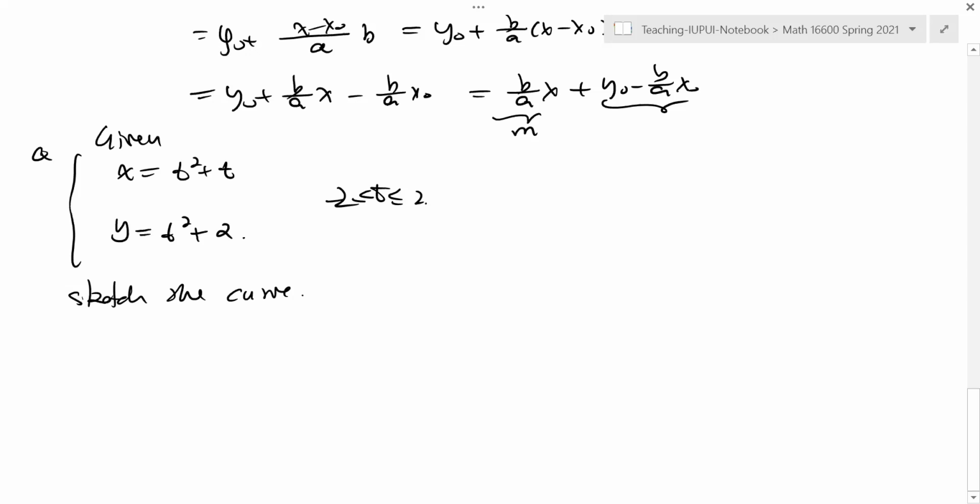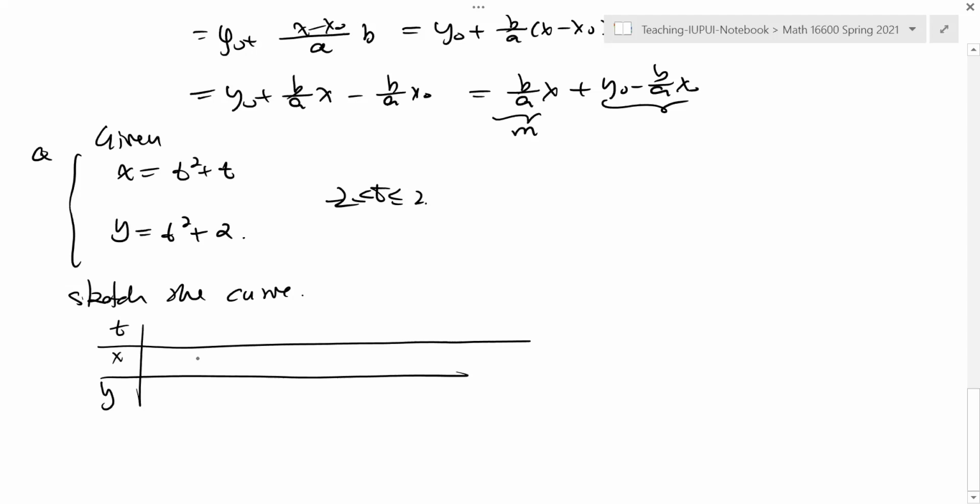So how do we do that? The traditional way: you have to choose a t value and compute x and y, as many points as possible. Let's choose the negatives. The -2 must be included, right? The -1, that's the first step. Then 1 and 2. Maybe sometimes additional points are needed. So you plug in -2